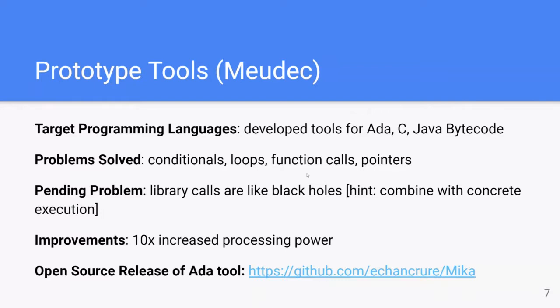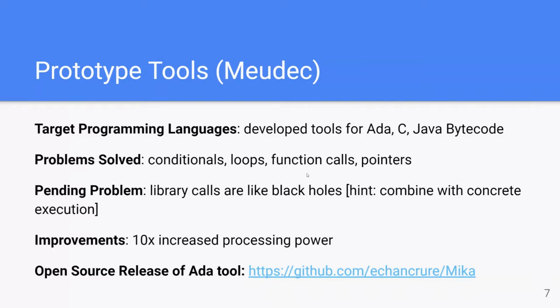Pending problems, the main one that we have is library calls, because the source code is not available. So there are a number of techniques available that other people use that we need to adapt for our own work, and that is to combine it with concolic execution. So in other words, if we have a method call, a function call for which we don't have the code, we can try some values, call the code that is external, gather the result, and then see if that fulfills the current constraint of the path that we have. If yes, we can carry on. If not, we might try a few random values to try to find something that is suitable for us. So we will be combining concrete and symbolic execution to deal with